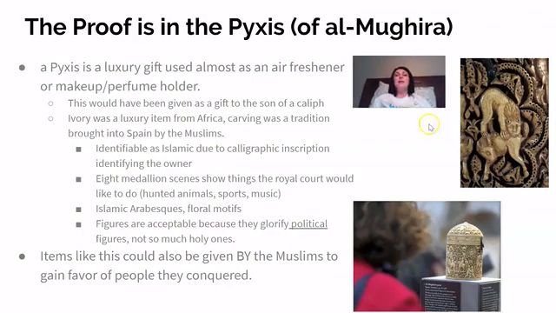All right. So here is why you can actually see that it's okay. And there you can see the size of it. Why it is okay for them to show figural images such as animals and even more importantly, people in this actual work of art. So we know it's Islamic because it does have the Arabic calligraphy on there, and it was part of the Islamic world whenever it was made, one of the Caliphs. So there are 8 medallions around this carved into it, and it was deliberately made for this prince because it shows things that the royal court would like to do. So hunting animals, playing sports, playing music, things that are of leisure to a royal family.